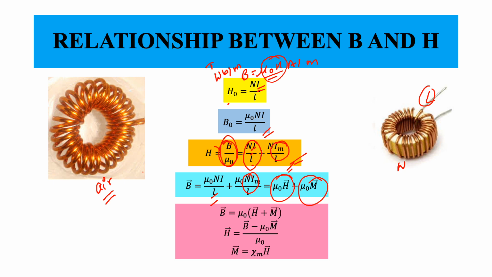So this is no longer magnetization, that is in free space. Where H is there, that would be equal to B by mu naught. So this is in free space. In the presence of magnetic material, the magnetic field would actually change from the simple value of B to B minus mu naught into M divided by mu naught, which is equal to H. So in most cases, just like the case of dielectric material, the relationship between M and H is linear.